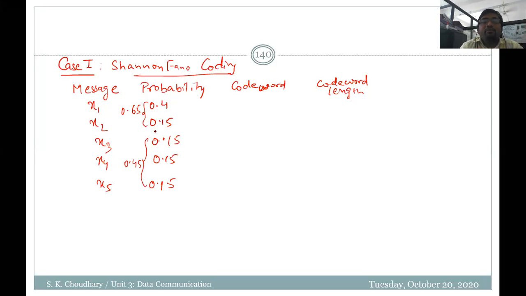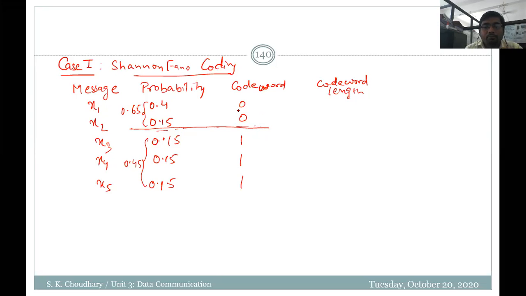It would give you better efficiency. So a similar method we are going to use here. We are going to do the partition here. According to this partition, the first two messages would be 0 0 and the rest would be 1 1 1. Now, above this partition, there are two message symbols that could be further